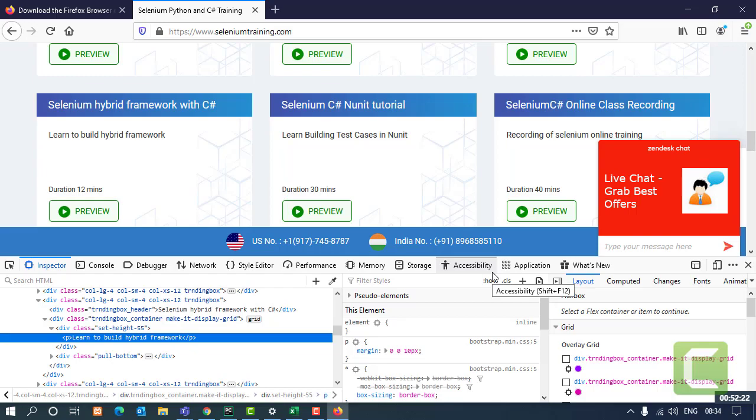I want to check whether the XPath I'm going to use is accurate or not. Is it the unique address that I have made or is it pointing to multiple elements? That I want to check. So that I can check in Firefox. Just what I need is I need to move. If I just go on and look for Firefox add-ons.